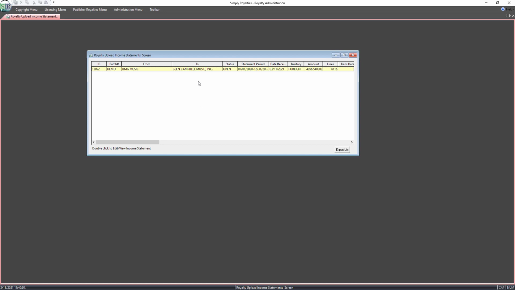Again, the only way it really creates multiple statements is if you map multiple froms or multiple tos in the system. So if you've imported a file that has several different companies that you process for or admin for, you may want to separate income statements. It's really up to you. But if you double click on here,